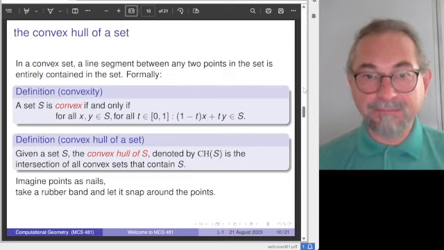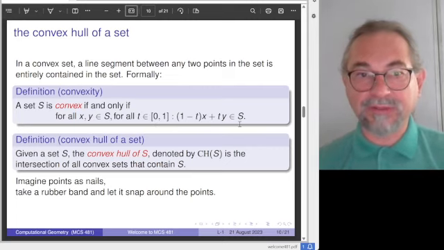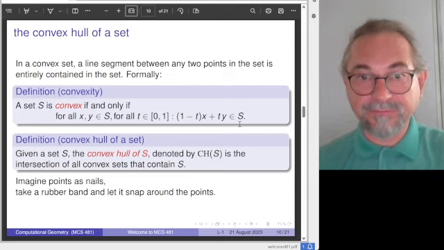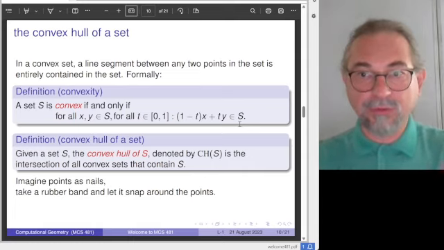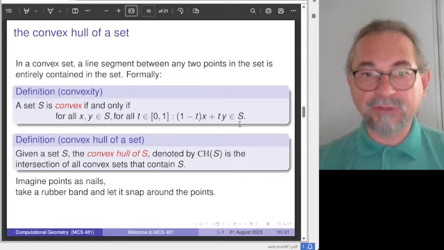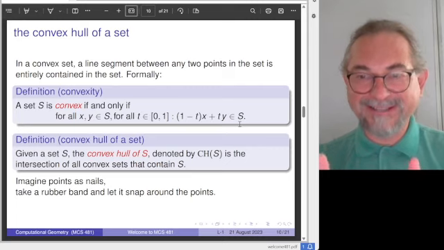So complete characterization is for any 2 points that you pick in the set. For any point, so here you see the algebraic definition of a line segment. So this is a very brief definition. I started to talk about a line segment. One can draw any 2 points and draw the line segment between them. Algebraically, you have the coordinates of the points. So here x and y indicate